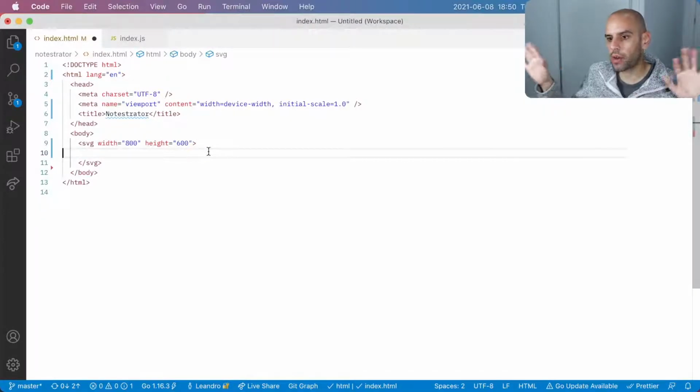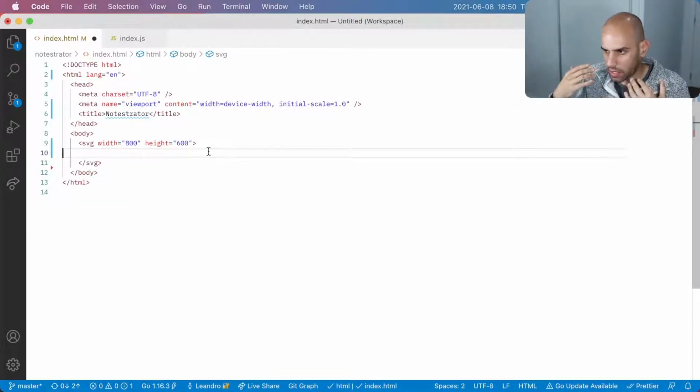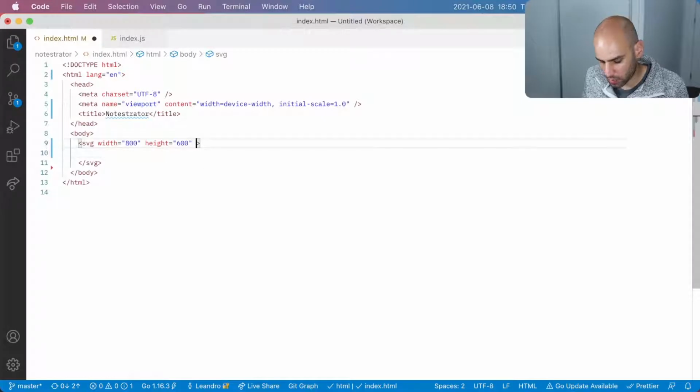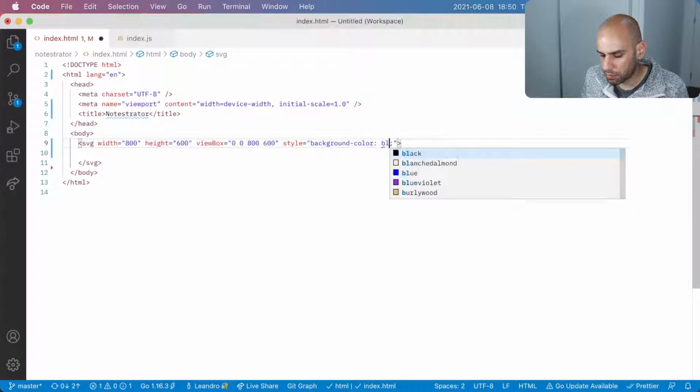And there are other directions where we would like to take this drawing engine. We talked about this yesterday. We want to maybe have a collaborative thing that multiple people can draw on the same canvas, and a note-taking app or a presentation, a kind of a whiteboard app with an infinite canvas. So we will have to change this. But for now, we are working with this hard-coded size. And then I guess I will do something like maybe a style background color of blue, just so